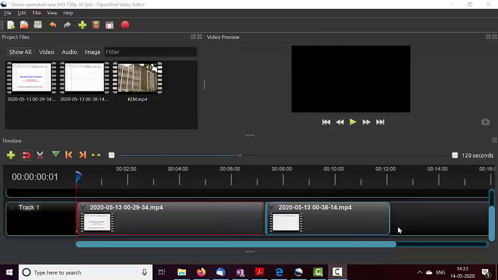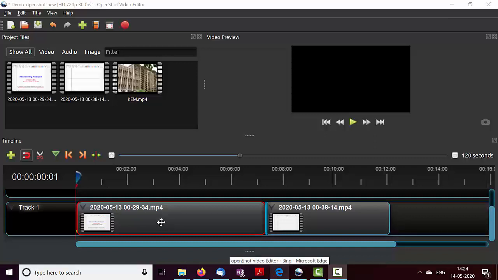So far we have seen how to increase the volume of a clip. Sometimes we may want to reduce the volume of a clip as well. For example, we may want to mute a clip. Earlier we had introduced a mobile recording into the tracks that was placed at track 2, and its voice interfered with the video on track 1, in which case you may want to mute it. So how to mute clips, let's see.